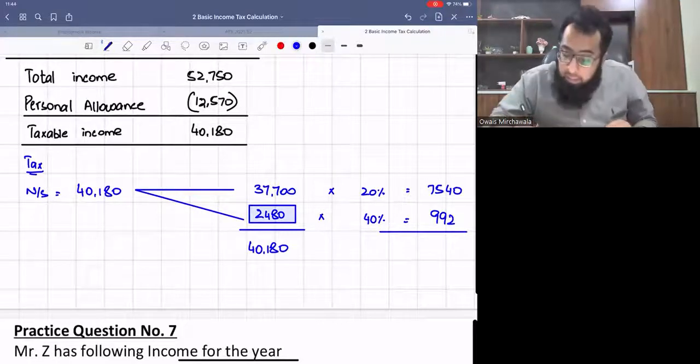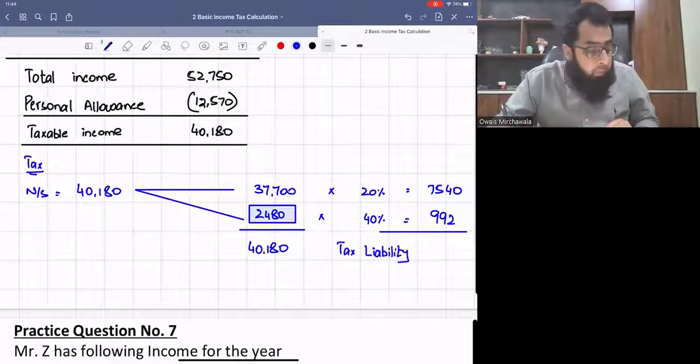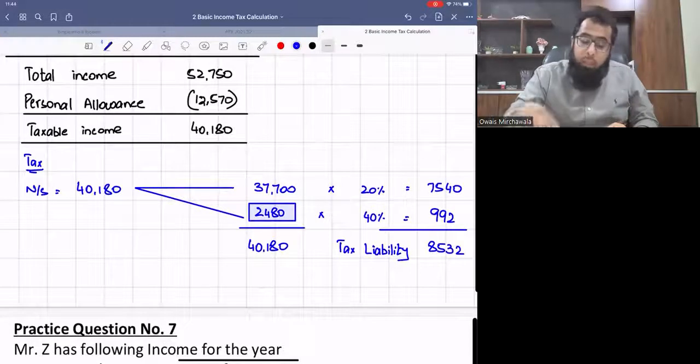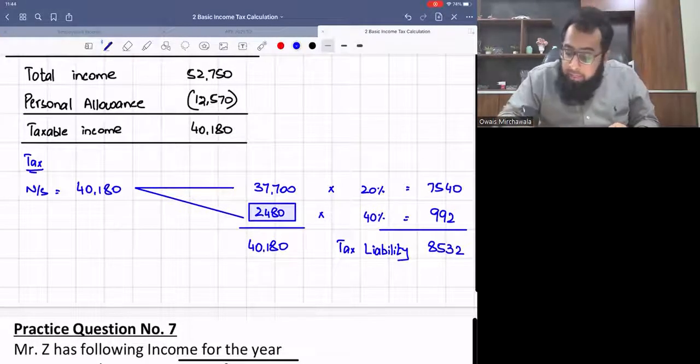So the tax liability is 8,532. Now, what was the advance tax